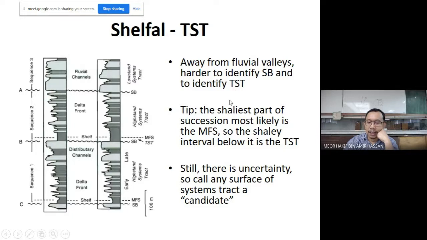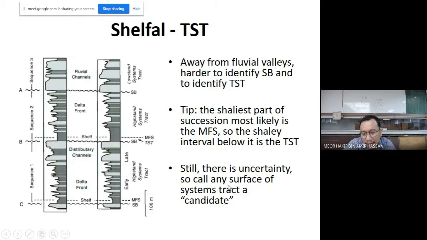It's just shale. But one tip to have is this. If you have a thick succession, the shaliest part of the succession, most of the time is the MFS. So this will be thick shale here. So most of the time, this is going to be part of the MFS here. So if you have an MFS here, the lower part here is going to be the TST. But there is going to be some uncertainty. Just limited data. So in this case, I'll just call it a sequence